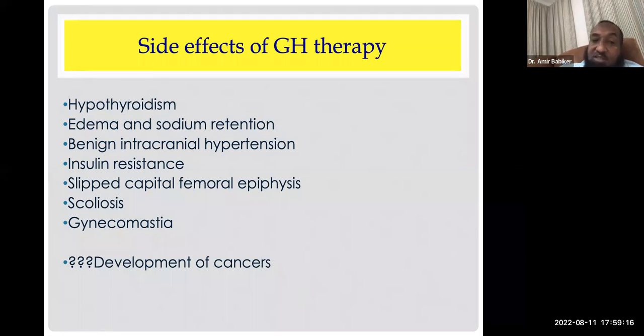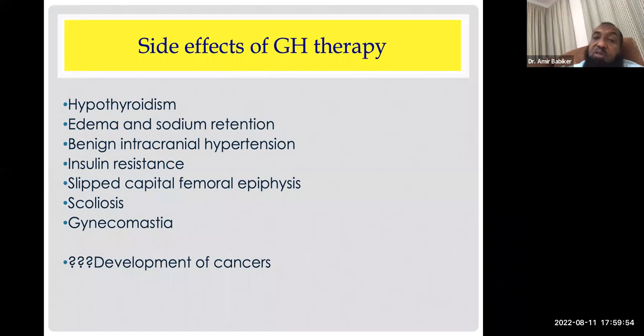If you leave it, it will result in blindness. So if you suspect it, you have to work on it and examine the back of the eyes. But it's very rare. I only saw it in the UK. I never saw it there; in Saudi Arabia I saw it twice, because this is a big tertiary hospital. It was relieved by frequent CSF drainage, and after that we put the patient back on growth hormone at a smaller dose and never developed it again. So it's not an absolute contraindication forever. But obviously, if you suspect it, you better hold your treatment.